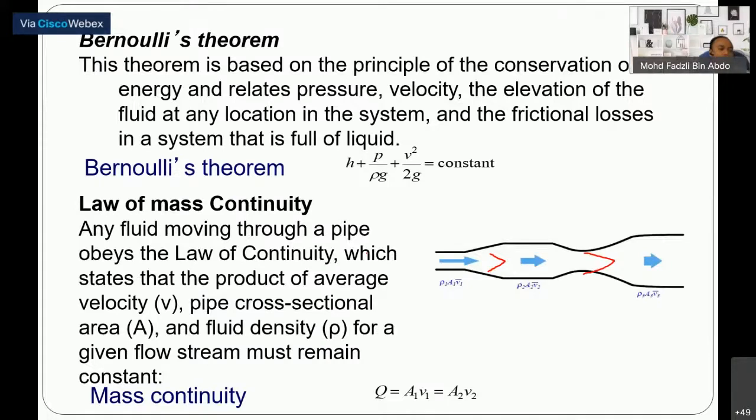Any fluid moving through a pipe obeys the law of continuity, which says that the product of average velocity, pipe cross-sectional area, and the fluid density for a given flow stream must remain constant. Maksudnya any speed okay, velocity tu speed lah. Any speed, any area dekat sini, walaupun area dan juga speed dia berbeza, this Q remains the same. Okay. Which means kalau kata di sini area ni kecil, so speed dia sepatutnya tinggi lah. Kan? Kalau ini area dia besar,